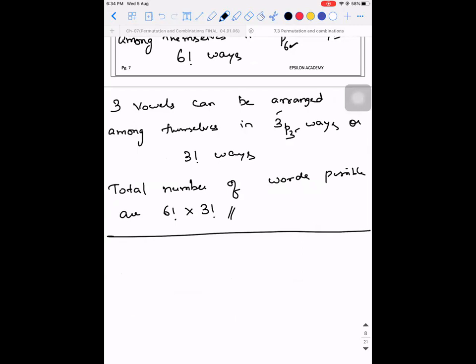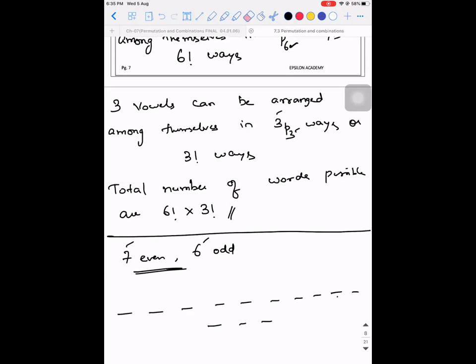No, 7 even numbers and 6 odd numbers. So they are saying you need to form the numbers out of them in such a way that all the even numbers are together, right? So how many digit number do you want? Let's take a 13 digit number only. In a 13 digit number, how many blank spaces will I have? 1, 2, 3, 4, 5, 6, 7, 8, 9, 10, 11, 12, 13. So I'll have 13 blank spaces, right?